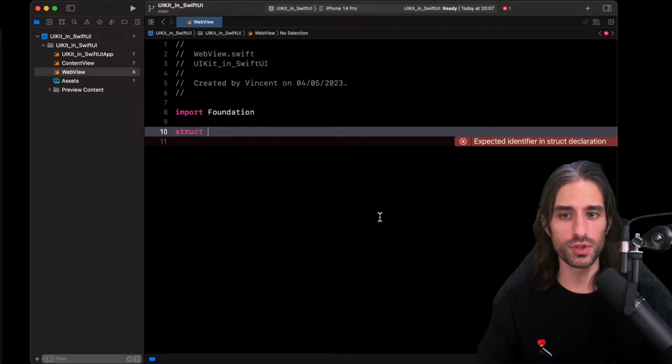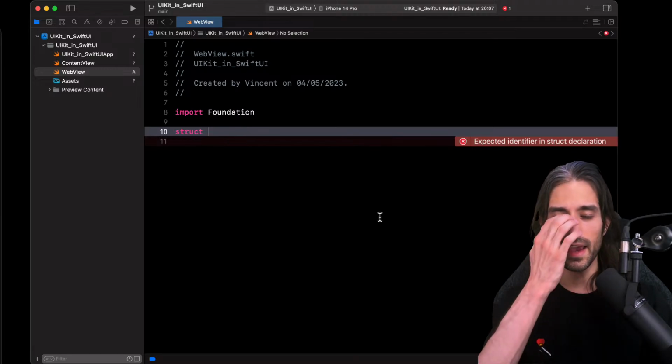world. So it's going to be a struct because in SwiftUI, remember, views are structs because they are actually descriptions of the view that will be shown on the screen. And actually, if you had a bit of struggle understanding what was the difference between the description of the view and the actual view, this chapter might help you get a better grasp on how this works, because we are actually going to implement part of that life cycle between the description of the web view that we will be using in SwiftUI, and the actual web view that we will need to instantiate and configure in